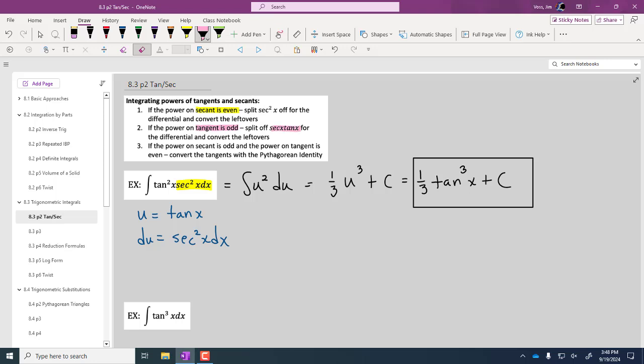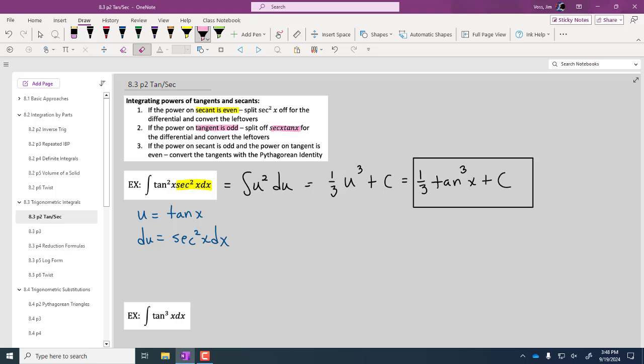So if, yeah, will we do an example of the third one, or will we stay with this one first? This third one here, yeah. Maybe. Yeah, that one will show up. Yep. So